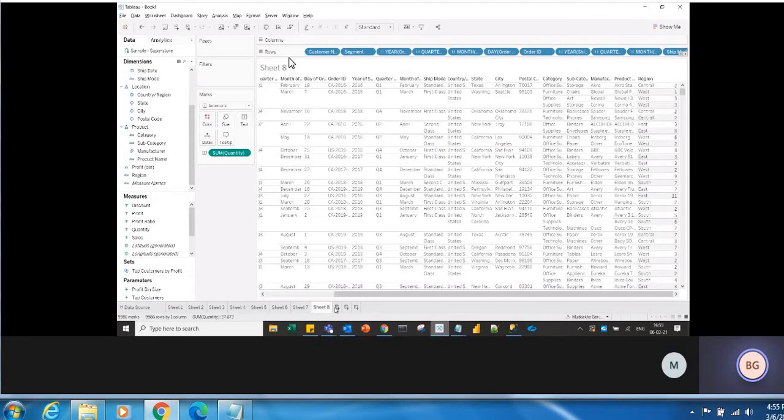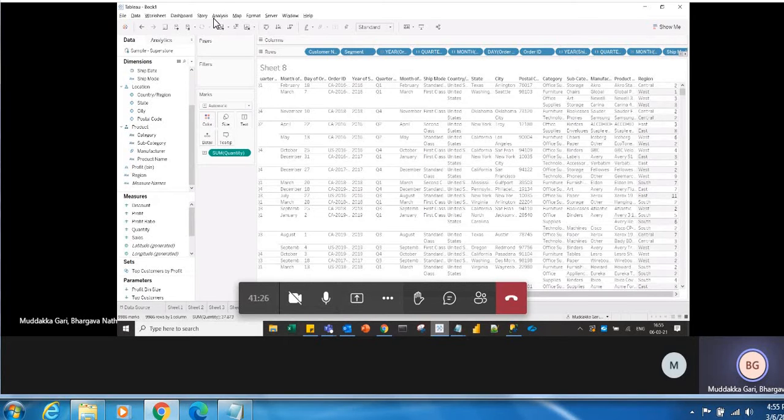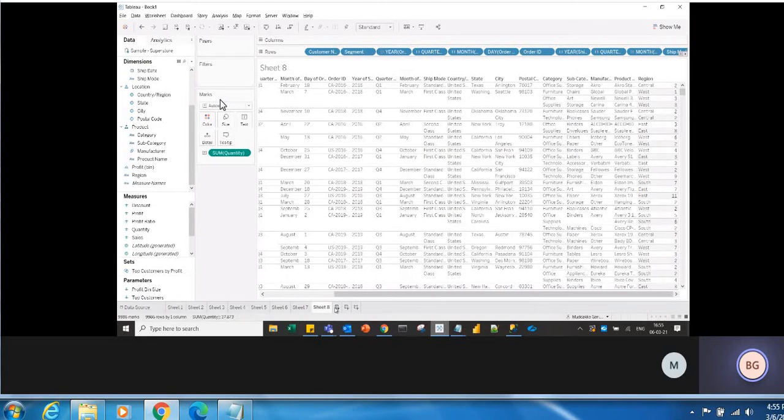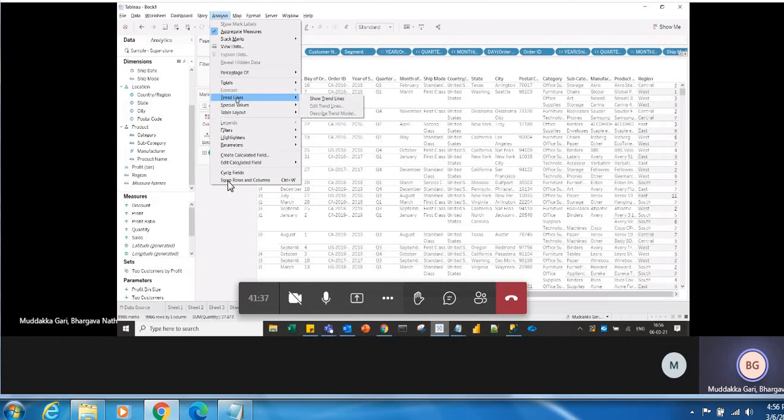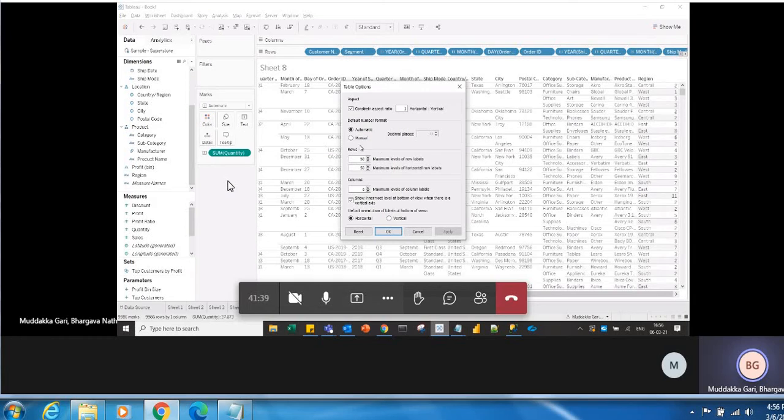One more thing, I noticed that in the analysis, if we go to the advanced, we can see there are 2 parts given under the dimensions, but only one part is given for the measures. Yes, the row has been given a maximum level of row labels and a maximum level of horizontal row labels, and then the column only.